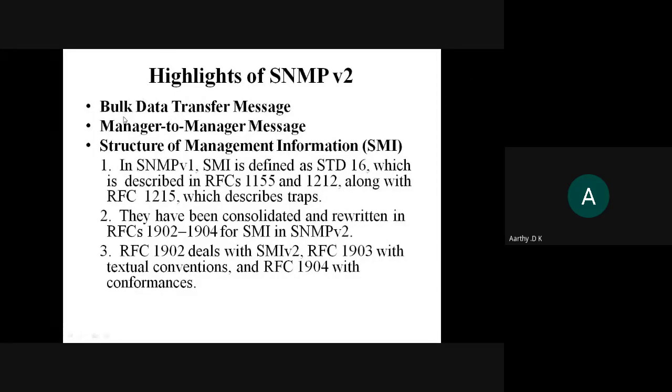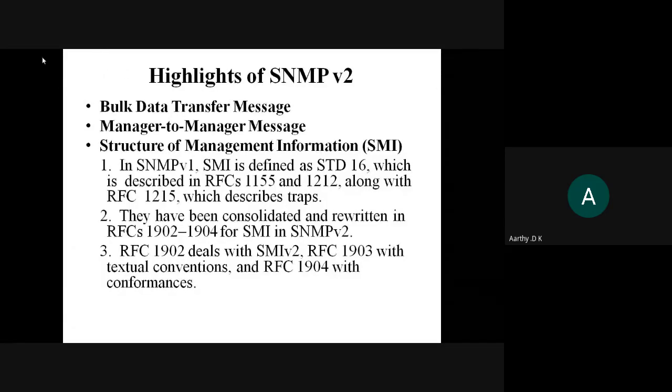So first one is bulk data transfer. Whatever we did in SNMP version 1, we had one single request being given, and you could have more number of responses coming. That is, I can send a request, or I can send multiple requests. Bulk data transfer is nothing but you can have more data to be read. For example, reading a file as it is, compared to a normal WhatsApp text message, is bulk data.